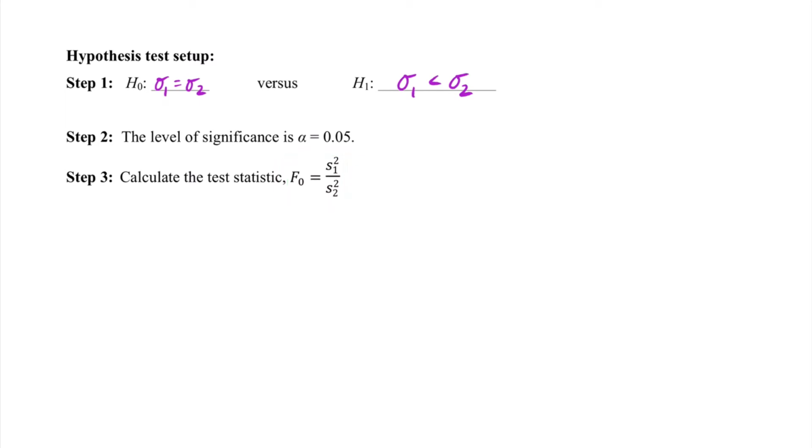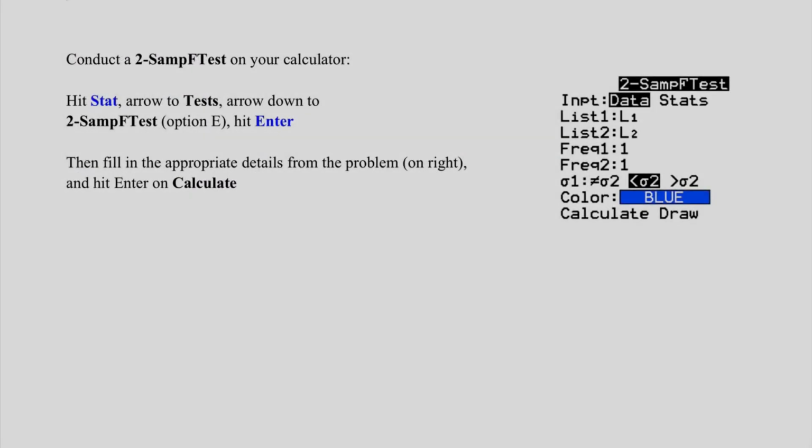Well, to do this, we could use the 1var stats function on our calculators, or we could jump to the calculator portion of our notes, like we've been doing in previous sections. Well, jumping to the calculator instructions, we want to conduct a 2-sample F test on our calculators. Again, remembering we're conducting a hypothesis test on standard deviations. Well, we see the instructions on how to conduct the 2-sample F test, so let's go ahead and take a